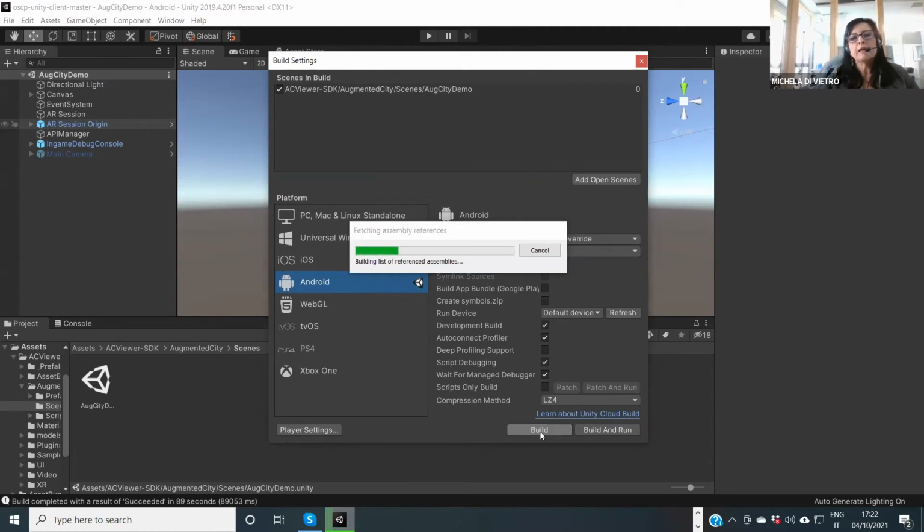This APK will allow you to see any added existing content in previously scanned areas, places. Just a few minutes, and this APK will be on my PC.